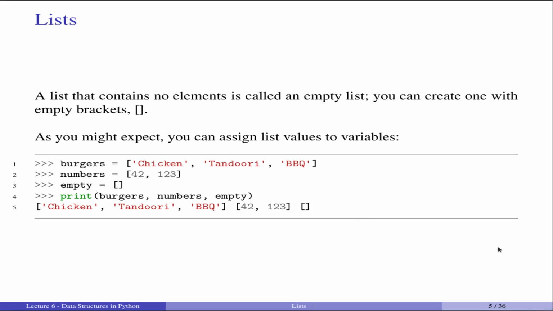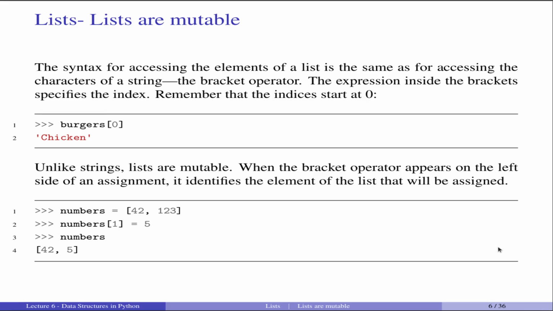Okay, alright, now let's see some properties of lists. The first property that we can explore is lists are mutable. Mutable means that if we can change the value of any item in a list, then we call that mutable. So before going into mutability, let's see how we can find out specific